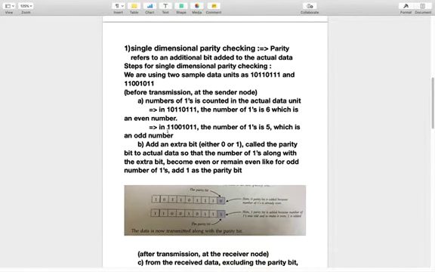And in 1000 the number of ones is 5, which is an odd number. So in the first step we count how many ones are in the given data. In the first unit we have 6 ones, which is an even number, and in the second unit we have 5 ones, which is an odd number.